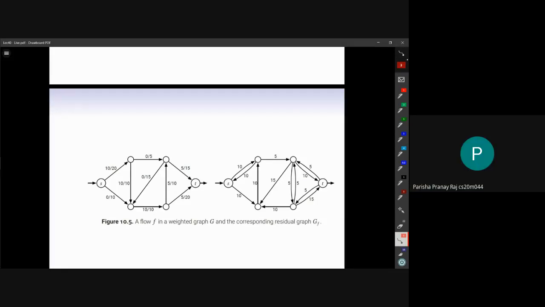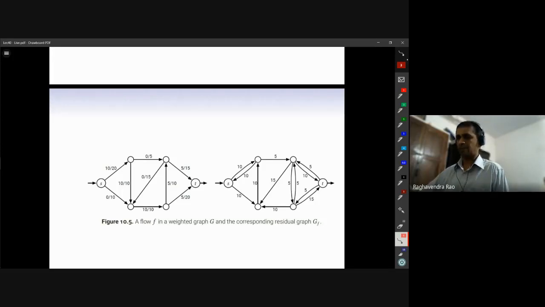Since you are saying rerouting, I'm asking this: what we are sending in the residual graph is the residue, right? The 10 is because of the residue from S to the other vertex. Yes. So it's called rerouting the flow. If you're thinking of this as a routing process, you're taking out the flow, which means you're reducing the flow on that edge. If you're imagining this as traffic, you have to reroute the traffic elsewhere, because in the end we are going to get a flow assignment which is better than the existing one, right?